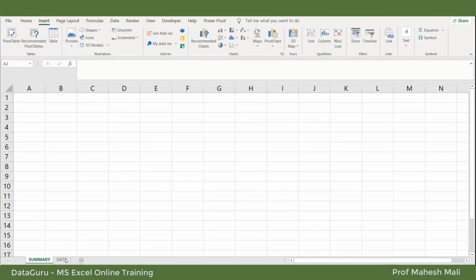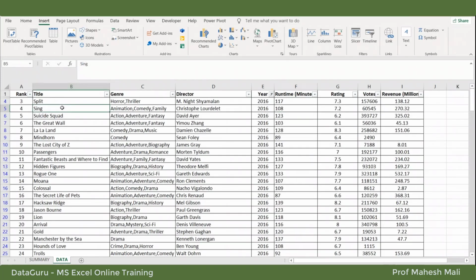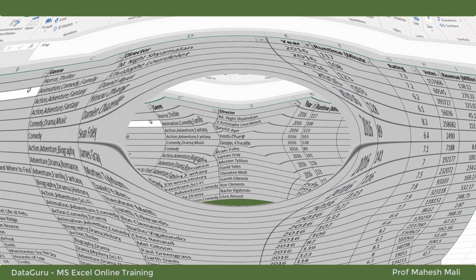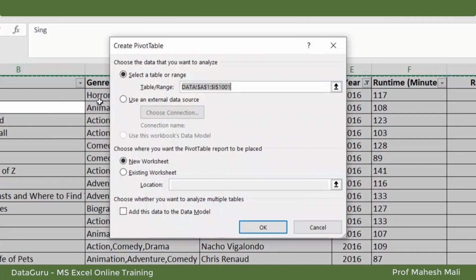Let us go with the data. This is my data tab. I have selected the entire data by pressing Ctrl A. Now I have clicked on pivot table, and as my data was already selected, you can see the table range is already filled in.